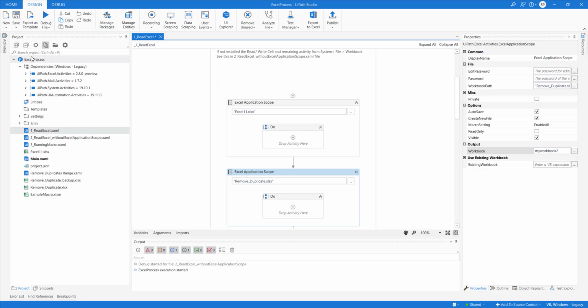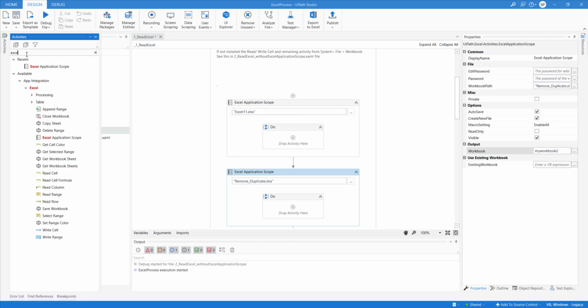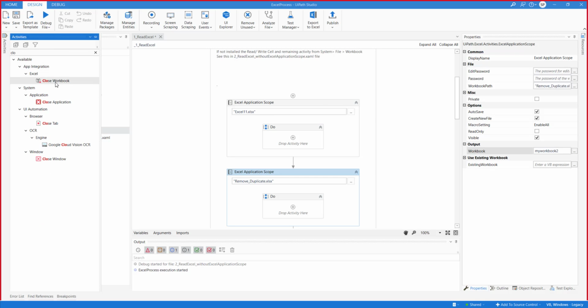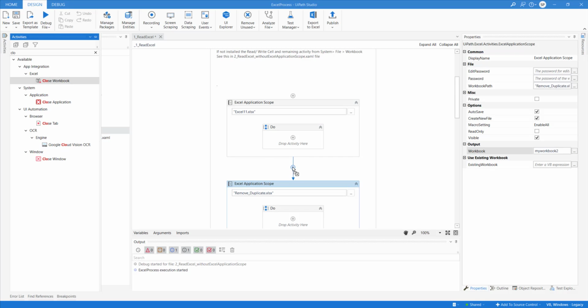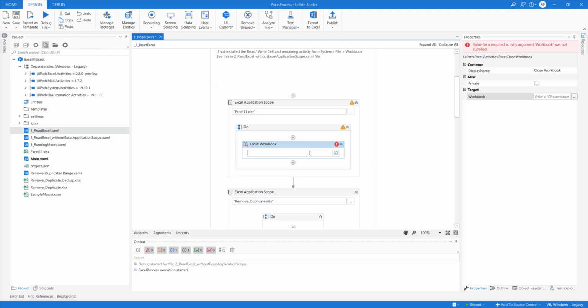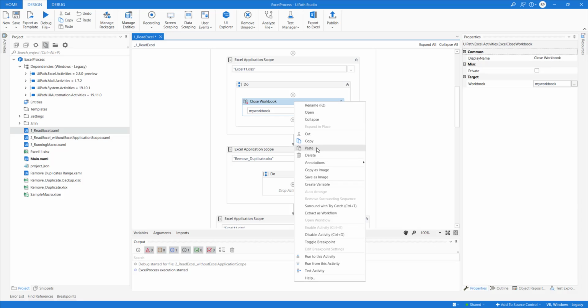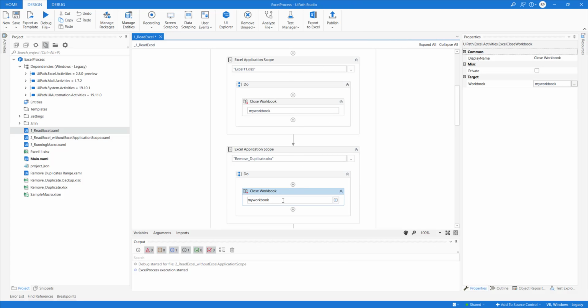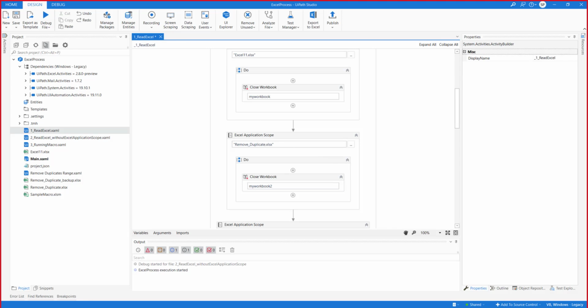So whenever you perform the activities, at the end of your operation, you should close the workbook. Here, I'll look at the close workbook activity. It's required, and my workbook name will need to be closed. Similarly, you can put a close workbook for workbook 2. You got my point? Why we need to put close workbook?